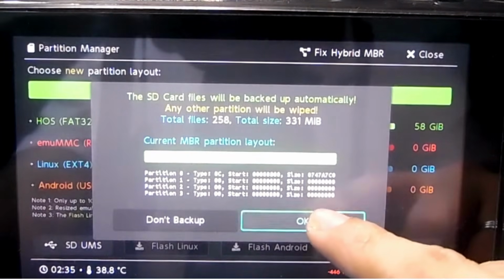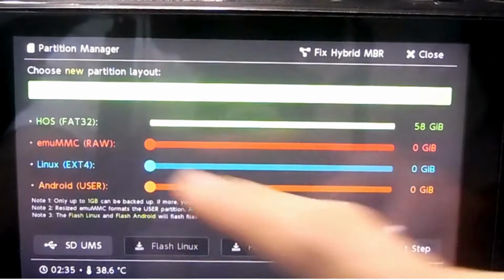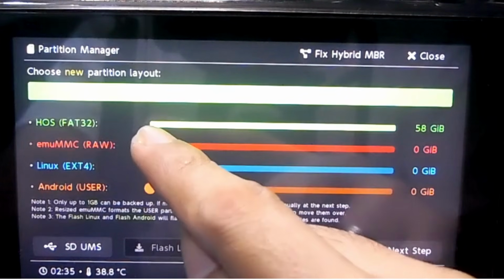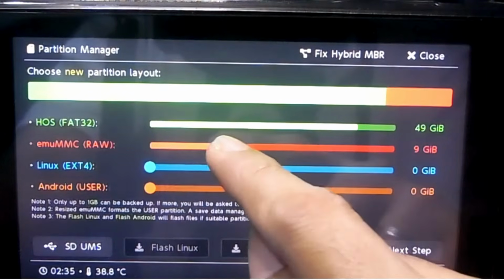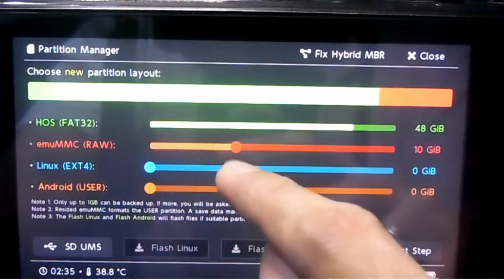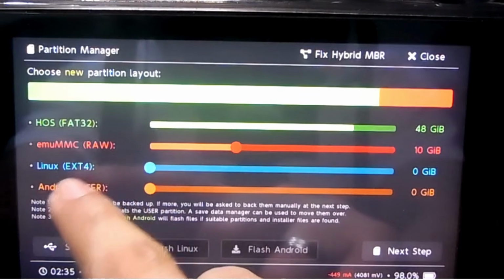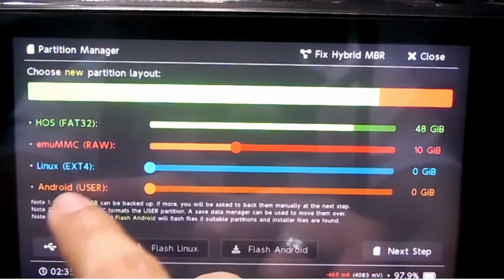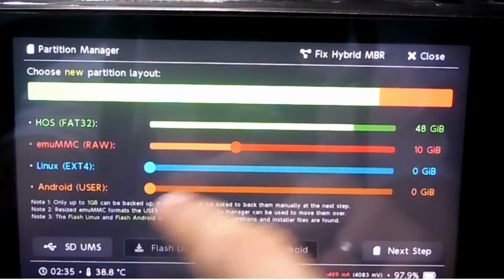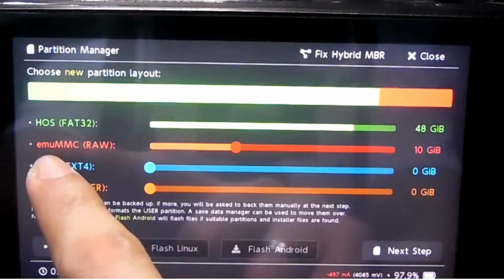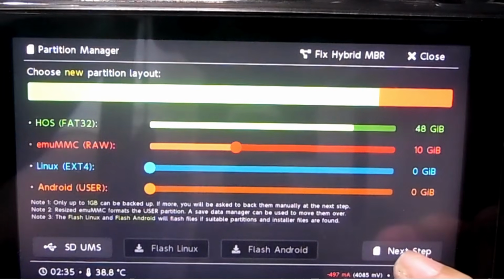press on OK, and then we have 4 options here. I'm using a 64 GB card here. I'm gonna use 10 GB for my emuMMC. If you're gonna be installing Linux or Android for this card, you can just toggle this thing up, but I'm just gonna install an emuMMC for this. I'm gonna go on next step,